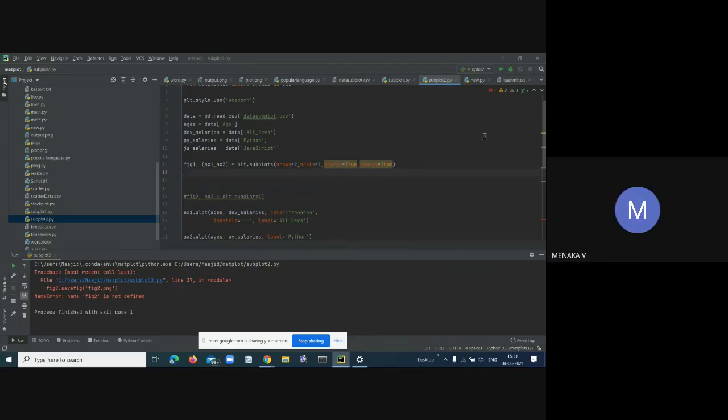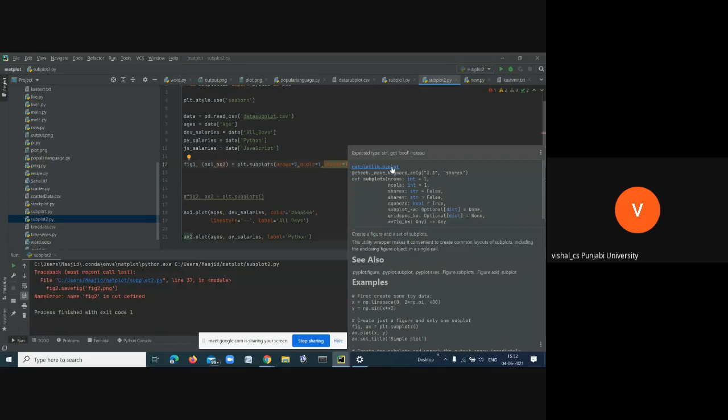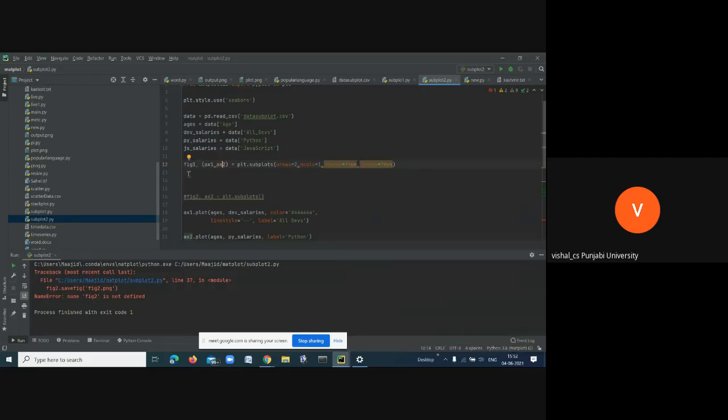If you see here what I am doing: if I have to plot one figure, I write figure one. I can give any name. If I have to plot a single axis, I give only one axis. If I have to plot two axes, I give them as a tuple. And subplots is a function, not an object. So something like that you have to do here. You have to say figure one, figure two, something like that.